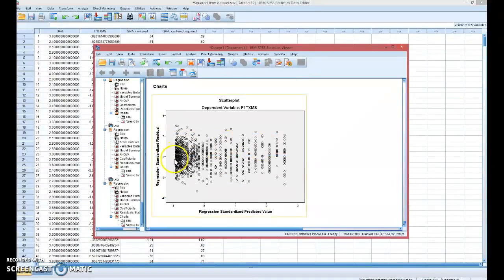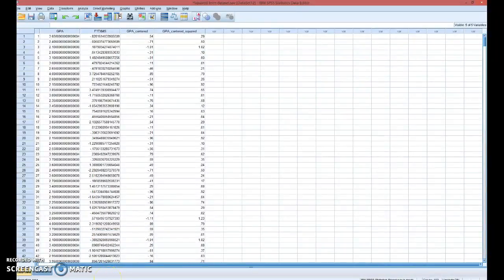and look, my residual plot looks a lot better. I do not see any smiles or frowns. I've resolved the nonlinear relationship in my data, and now I can trust